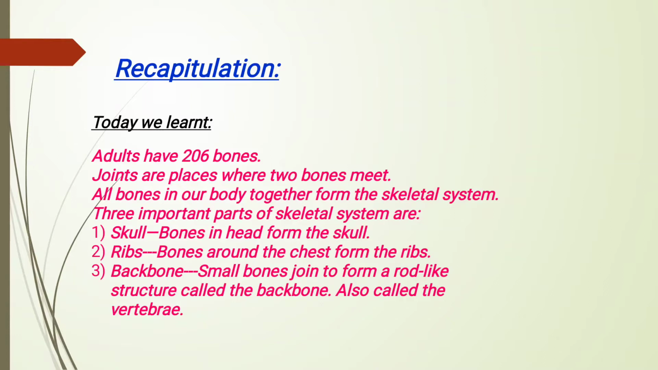Then all the bones in our body together form the skeletal system. And the three important parts of the skeletal system are the skull, ribs and backbone. Skull, bones in the head form the skull. Ribs, bones around the chest form the ribs, and they are connected front and back together to form a rib cage. And backbone, many small bones joined together to form a rod-like structure called the backbone. It is also called